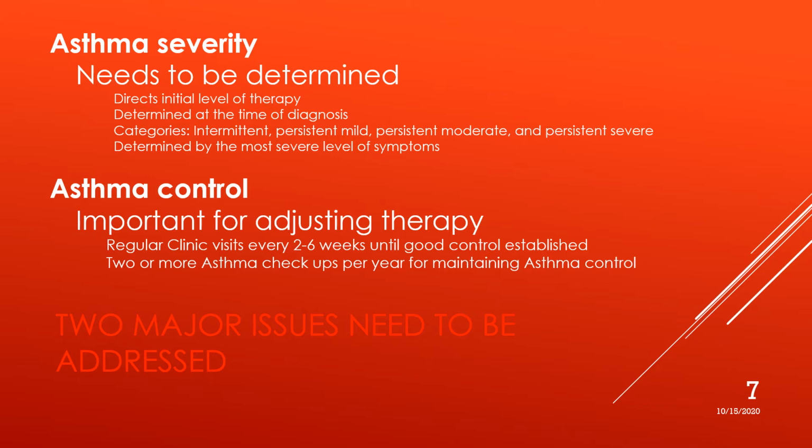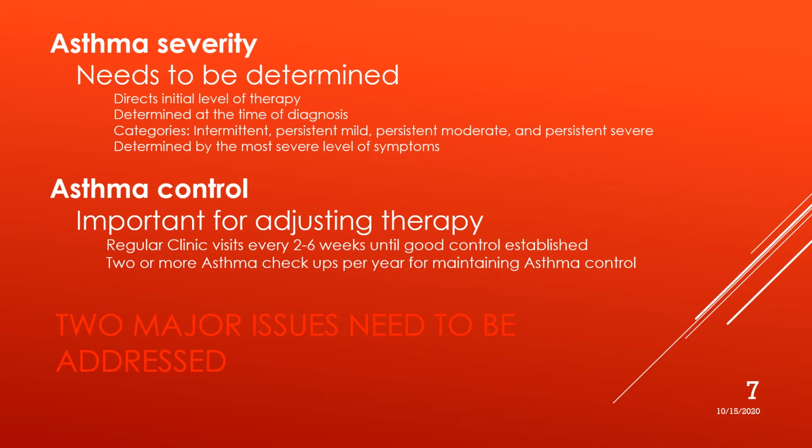As asthma educators and respiratory therapists and nurses, we really need to understand and teach how asthma works. And in asthma, there's 2 important factors. One is called asthma severity, and the other one is called asthma control. Each is different, but each works with the other together. So let me just say, you have a child and they have symptoms of asthma. So what you need to do is you need to take them to a doctor and you need to determine their asthma severity. And what do I mean by asthma severity?